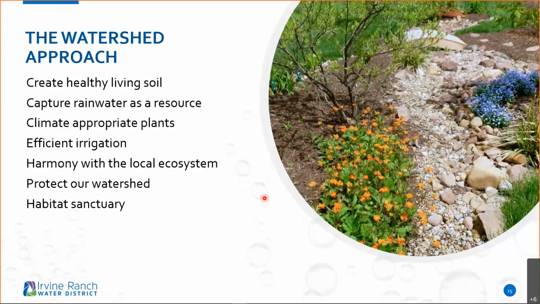Efficient irrigation. We are going to be having a workshop in December that's strictly on irrigation and trying to make it as efficient as possible. But irrigation systems can be very inefficient, and they can waste lots of water if we don't look after them. With the watershed approach, we create these little local ecosystems. Of course, we're protecting our overall watershed all the way around us, and we want to keep that water on our sites and prevent it from running off into other areas, because it could be carrying pollutants and other stuff that we don't want in our storm drains and out to our creeks, rivers, streams, and then to our ocean, just polluting everything. So once again, we want to try to keep that water on site.